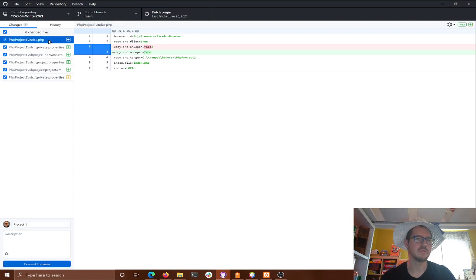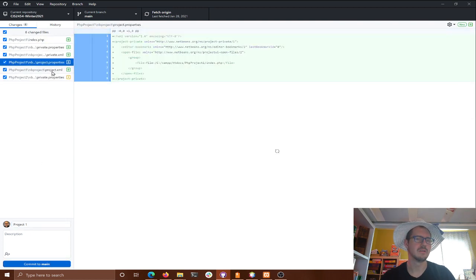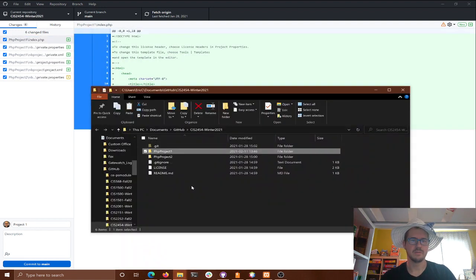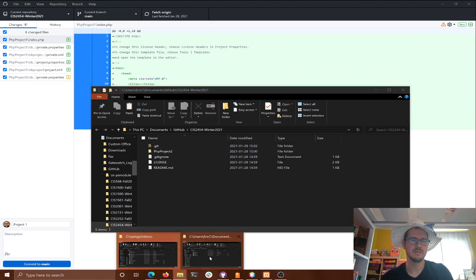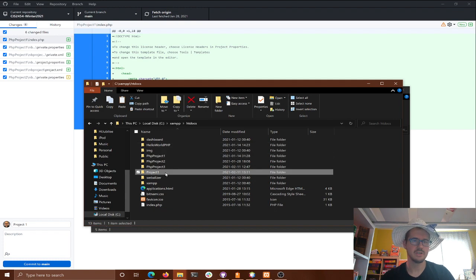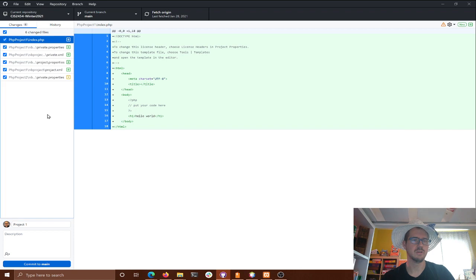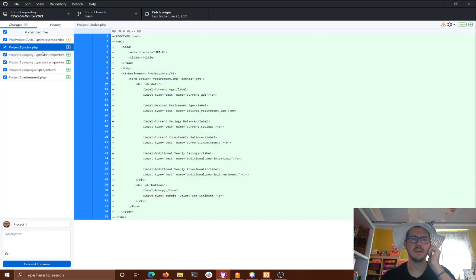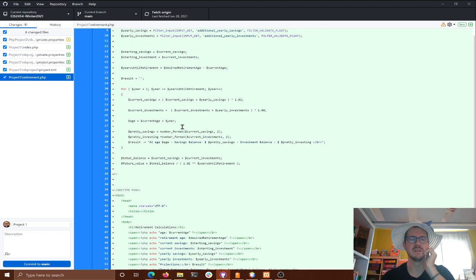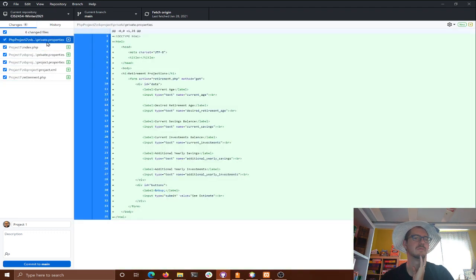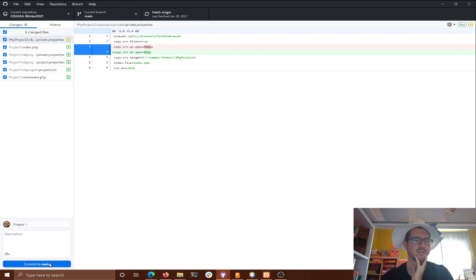See, it says it saw a bunch of new stuff. Oh, that's PHP project 1. I copied the wrong thing. Folks, wrong thing. htdocs. Project 1 is the right one. There we go. Now we have project 1 index and project 1 retirement PHP with all the code. Don't worry about these other project files, but that way you can open it up right in NetBeans if you want to. But you're probably not cloning my repository. That's okay. So I'm going to commit and push.